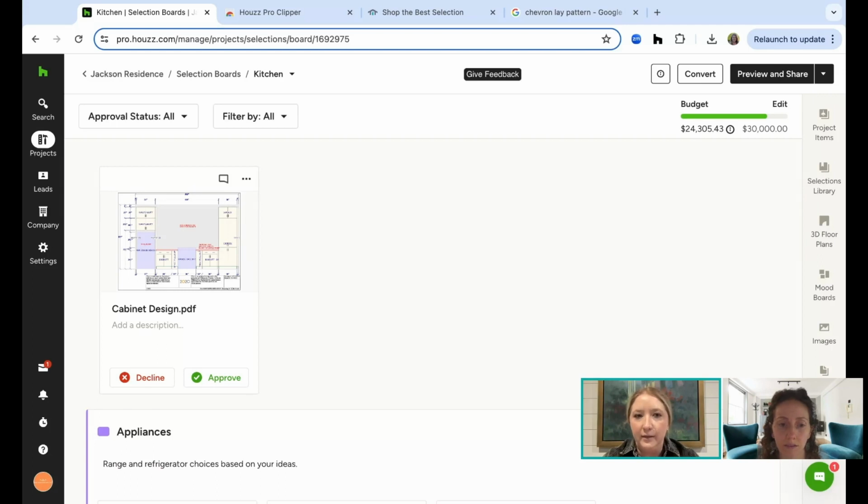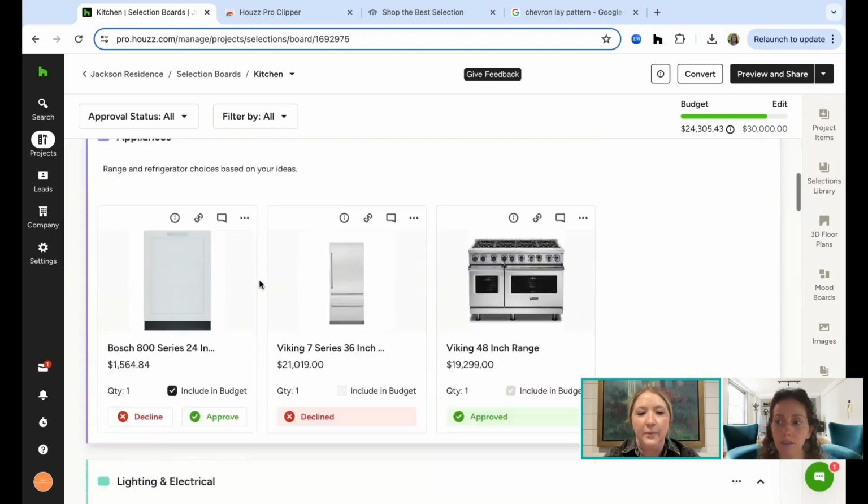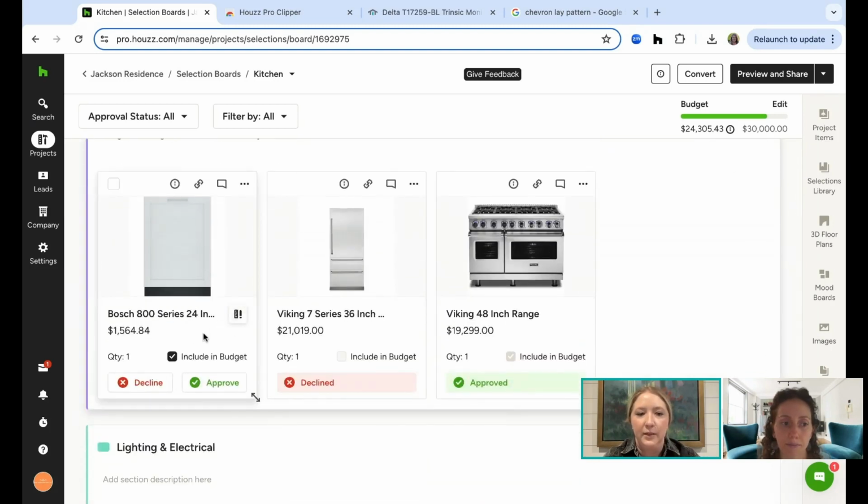That is the number one thing that you need. You need to know that this is the product that your customer selected and that's what they want to move forward with. There's a few things on each specific product that you can do with your customers. When you share it with them, which I'll show in a few minutes, they can manually approve or decline